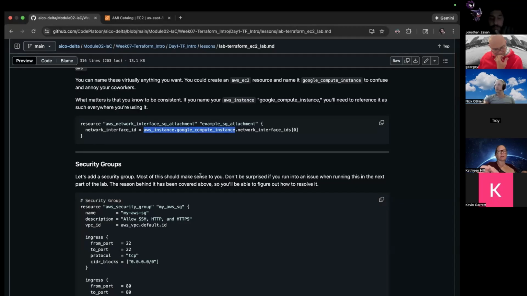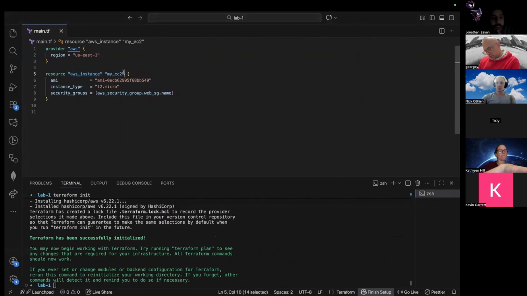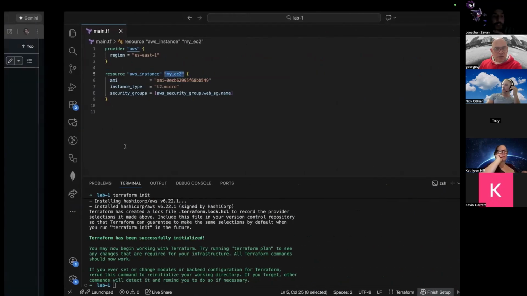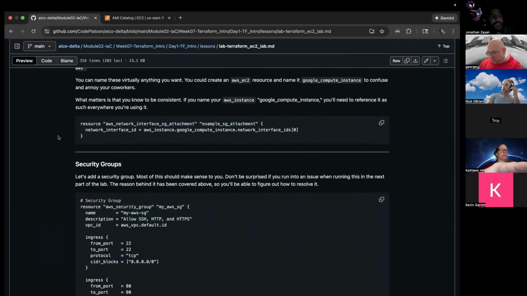So it didn't look like there was a place to name it as it would be named in AWS. Like for this, when all of us are going to be making a t2 micro with the same AMI, how do I name it, like lab 4KH? Are you referring specifically to your own EC2 instance, and how we prevent conflicts if we're all following along? Yeah. You're absolutely correct. If you're literally following along right now, it's not going to work, because when I run this, it probably already exists from previously, if it didn't destroy properly.